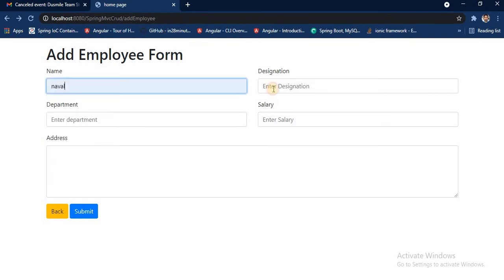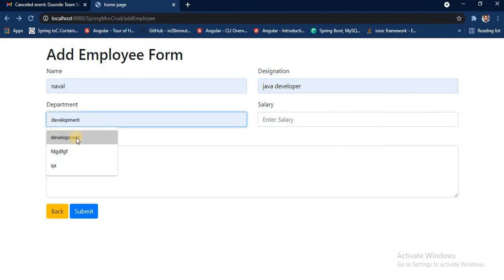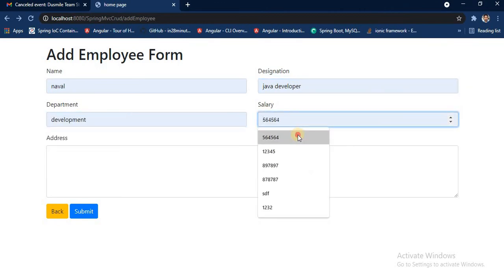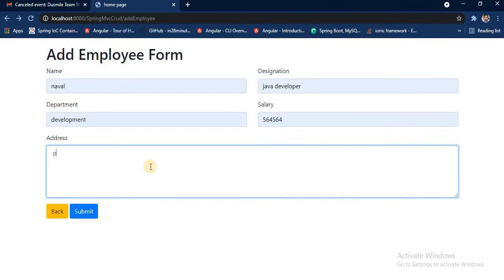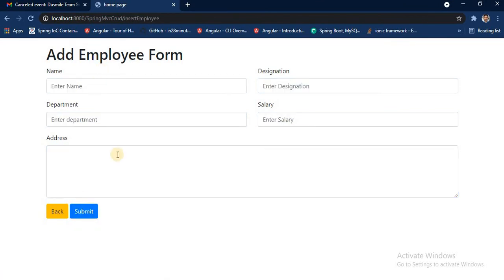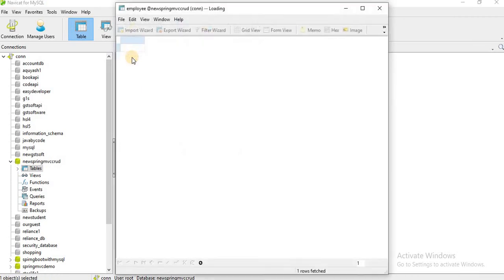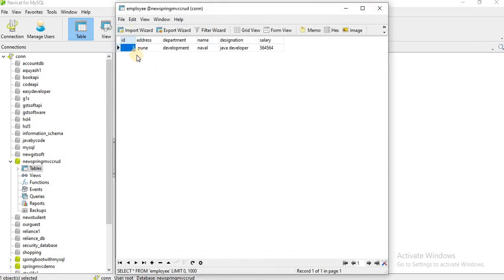Add again, same Naval, Java developer, development, salary random, and location is Pune. Let's click the submit button. You got the same page. That means your record should be inserted. Refresh, open the employee table, and now let's see, you are getting your record.